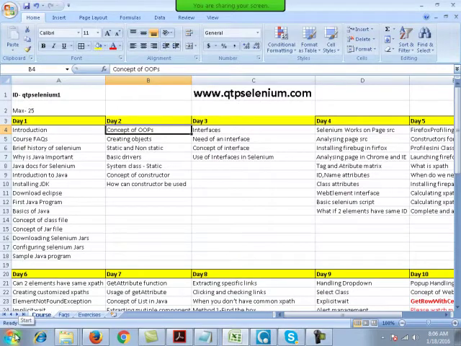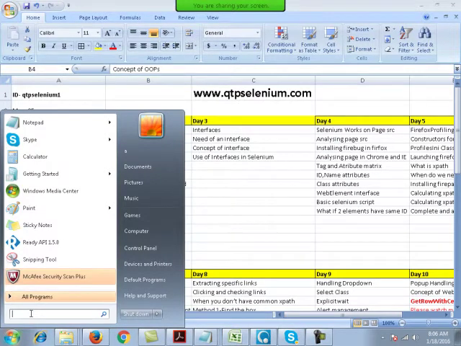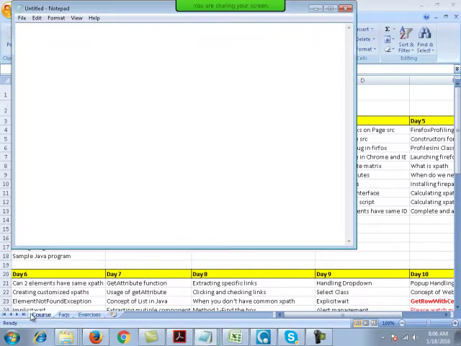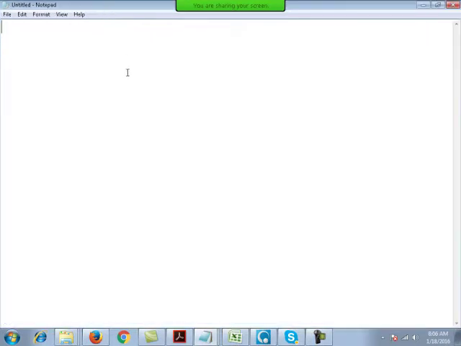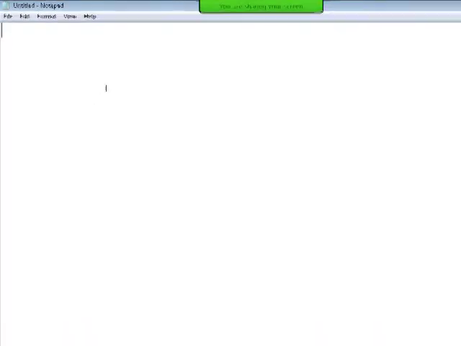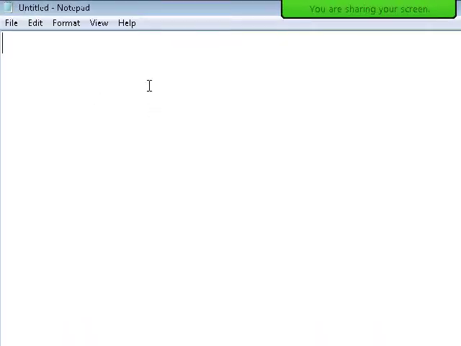Now, in the introduction, I always start with Selenium as a tool, what the future of this tool is, where it is going, and what the current demand for this tool in the market is. Before I start downloading and configuring everything, let's look at Selenium. I really don't know exactly when it was released, but I worked on it for the first time somewhere around the end of 2006 or 2007.